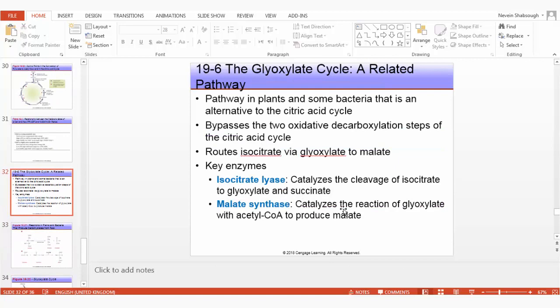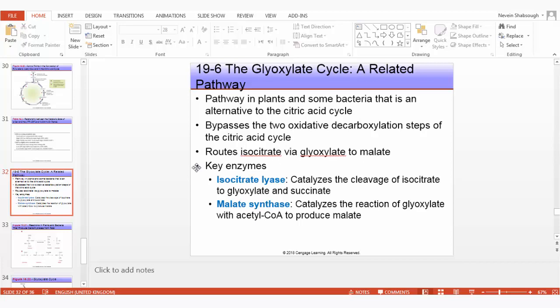Now we go to the so-called glyoxylate cycle. This is a related pathway, a pathway in plants and some bacteria that is an alternative to the citric acid cycle. We know that animals can convert carbohydrates to fat, but not fats to carbohydrates. Now, the glyoxylate cycle bypasses the two oxidative decarboxylation steps of the citric acid cycle and routes isocitrate via glyoxylate